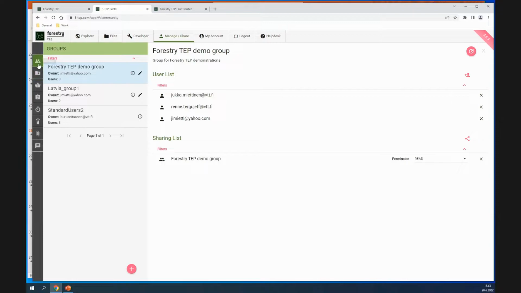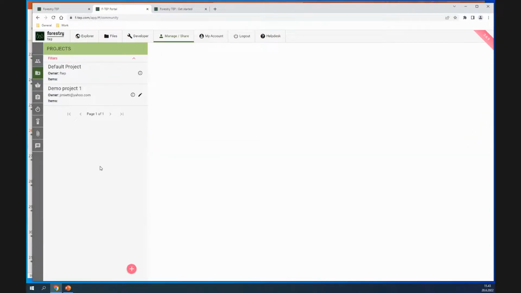But groups are not the only things you can manage here. You can also create projects if you work on different data sets or different topics. You can manage your data baskets. A data basket is another important concept in Forestry TEP. It is basically a collection of data sets that you want to use.